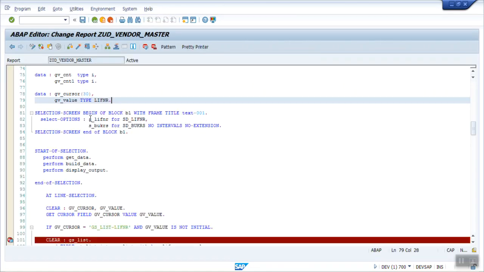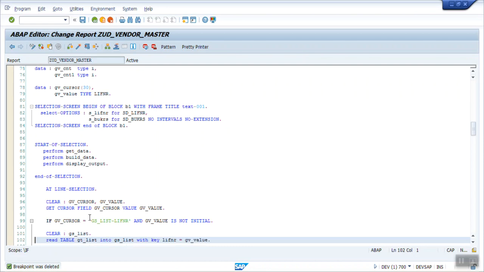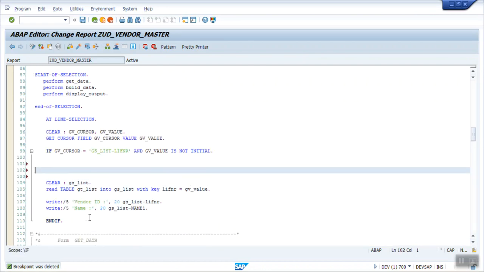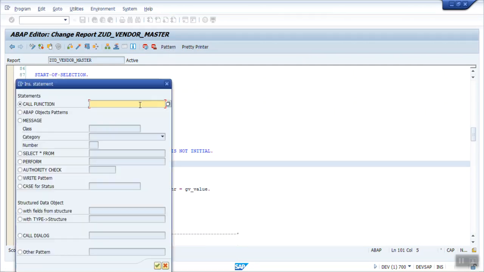So let's see how to add a conversion exit alpha input. Here, before this, what we have to do is click on Pattern, write conversion alpha.